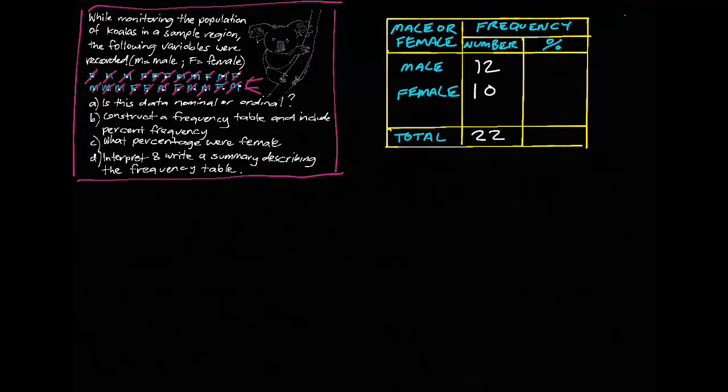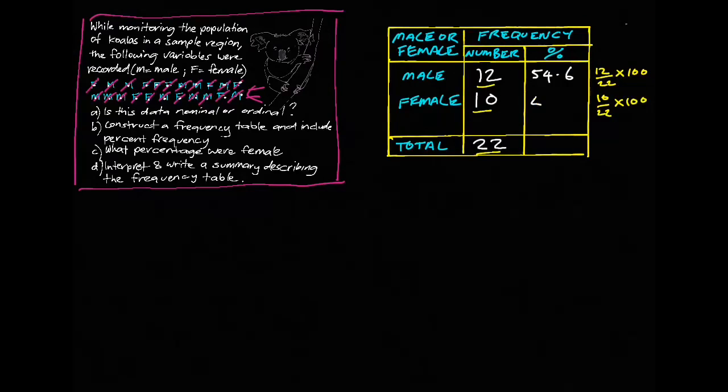Now to work out the frequency for these two values, so we'll do the male first. So it's this number here, the number of males, divided by the total number of koalas in the region, 22, times 100 to turn it into a percentage. So doing that out on the calculator, you will get 54.6 to 1 decimal place. And then again for the females, in this case there's 10 females on a total of 22 koalas, times 100 to turn it into a percentage. So that will give us on the calculator